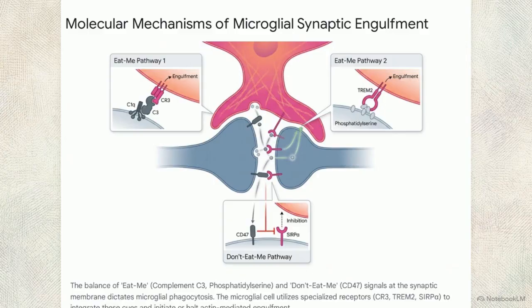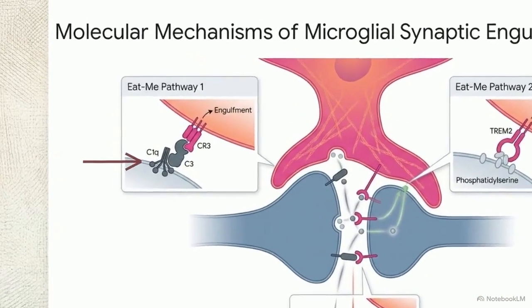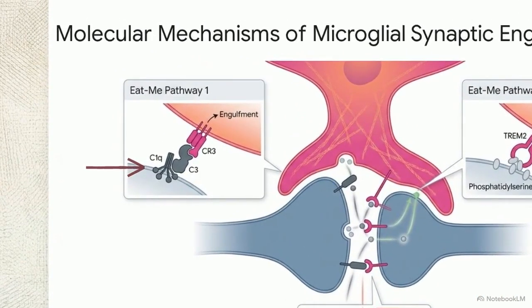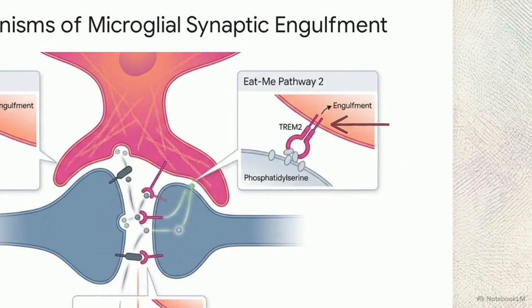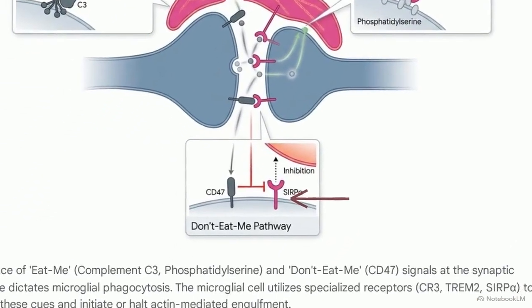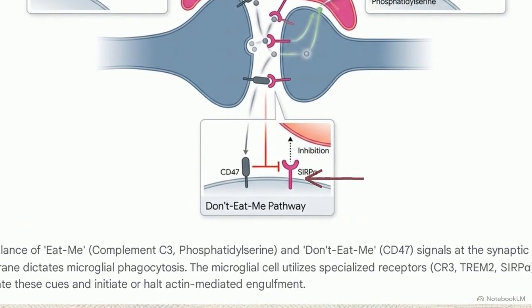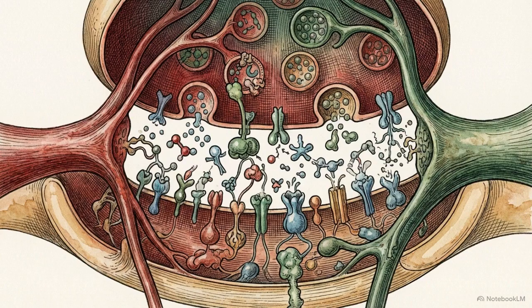This diagram maps the precise receptor-ligand interactions driving microglial phagocytosis. The complement cascade utilizes C1q and C3 proteins to tag synapses. Parallel to this, TREM2 receptors bind externalized phosphatidylserine, triggering engulfment. Meanwhile, don't-eat-me markers like the CD47 SIRP-alpha axis protect healthy tissue, overriding complement tags. The retention of any single memory, or the mastery of any procedural skill, relies on this continuous biochemical dialogue at the synaptic membrane. This selection process operates on an algorithmic scale.